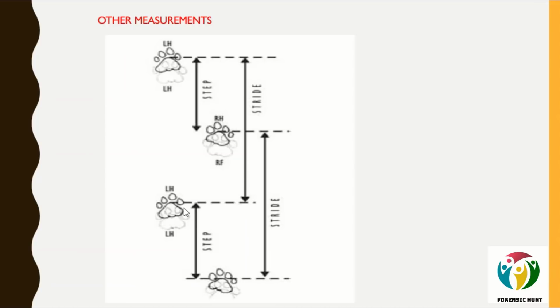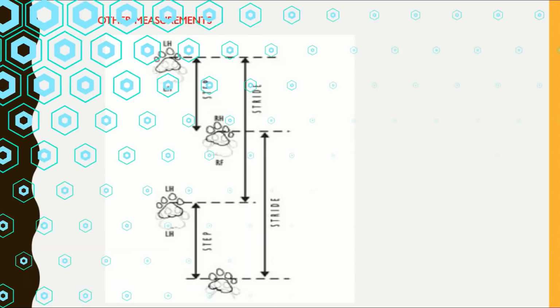So if you take the perpendicular difference between the left and right, so let's say you have drawn an imaginary line to the left pug mark and one line to the right pug mark, whatever the difference in both lines would be the straddle length, or you can say the walking base. So these are the measurements that you could take from the pug mark, and the prerequisite of taking these measurements is that you must have a consecutive 3-4 steps to take the stride and step length.